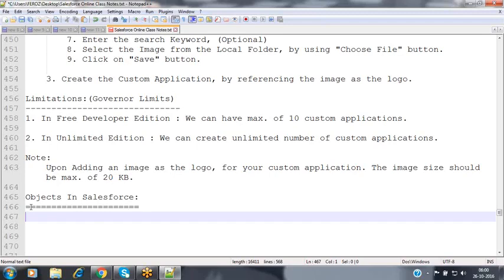In order to provide those user interfaces, Salesforce provides a tab associated with that particular object. Each and every object will have a tab, and the tab provides the graphical user interface to manage the records inside that associated object. Now, what are the various types of objects available in Salesforce, and how can we create our own custom objects? We'll see practically here.